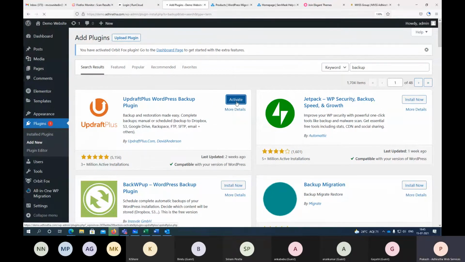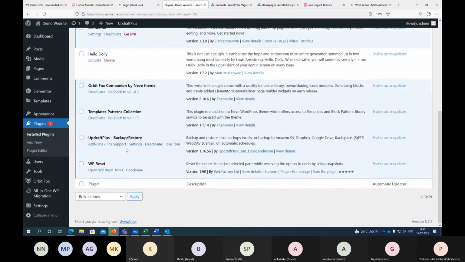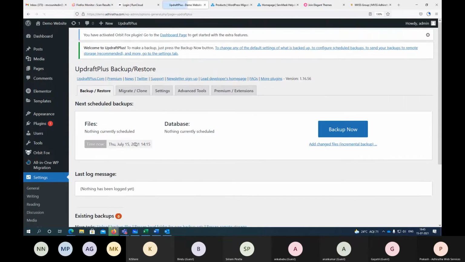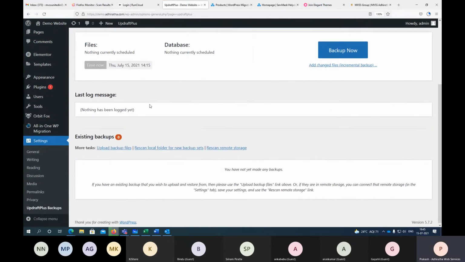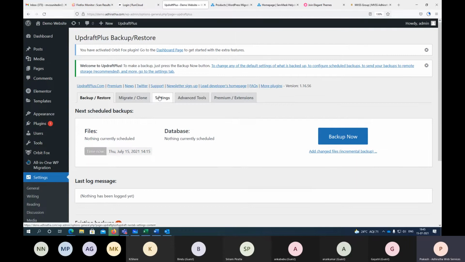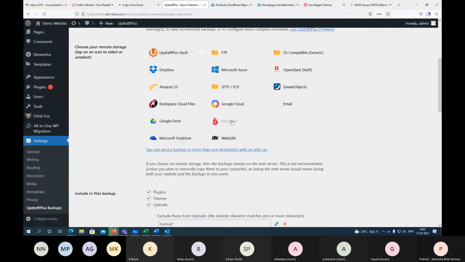Installed, activating it. Settings. See, now there is no backup here, right? Earlier I showed you how to just take a backup. Now we will see how to do a backup to a different location.